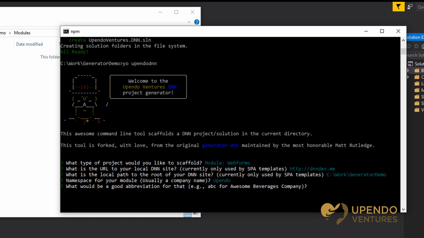And now it's asking for an abbreviation for that. This abbreviation will be used to scope the SQL statements and objects that are going to be part of this module. So I'm going to use UVM for Upendo Ventures module. Next, it's asking for the name of your web forms module. It's suggesting the name of the folder, but we're going to use something different. I'm going to type out web forms demo